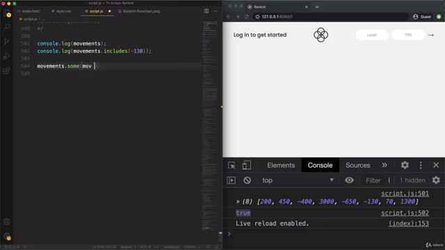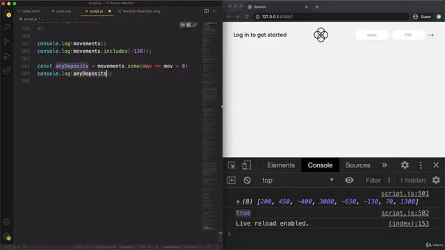So the same callback function, which has to return either true or false. And so a deposit is a movement greater than 0. So let's call this here any deposits